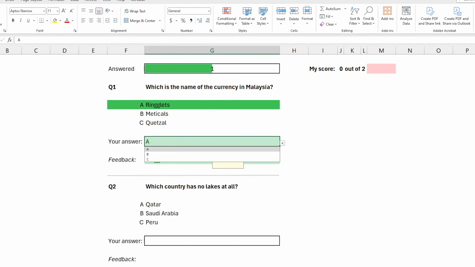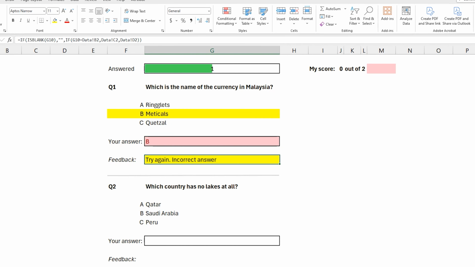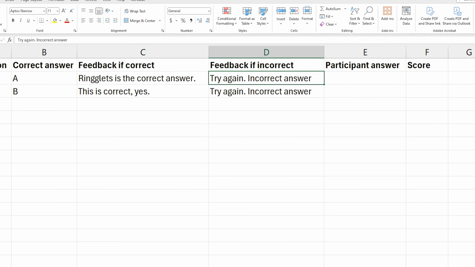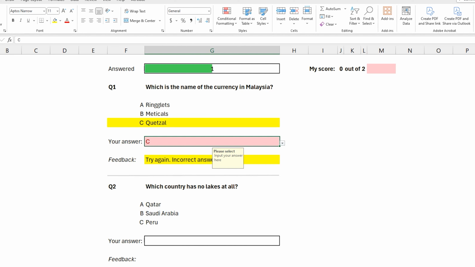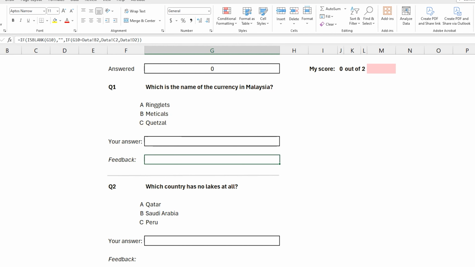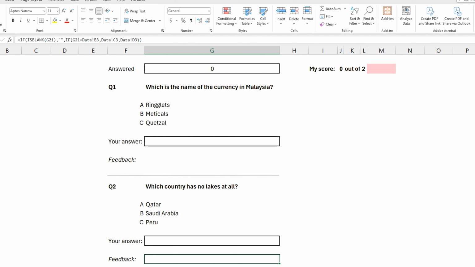If we select B, it says wrong, or whatever we state in our data worksheet. And if the person didn't even answer, then it's empty. So what we can do is replicate the same thing for the second question, because that's the next step.